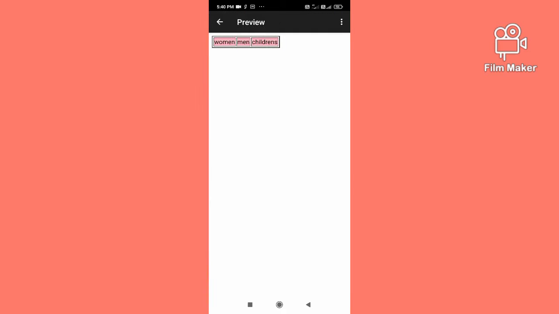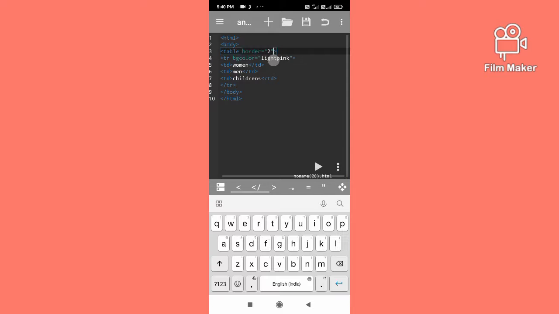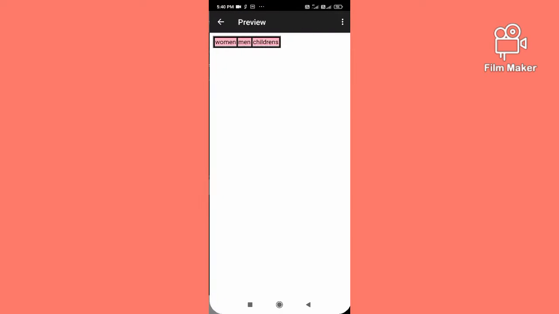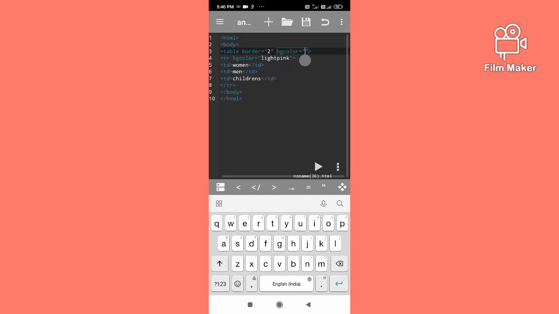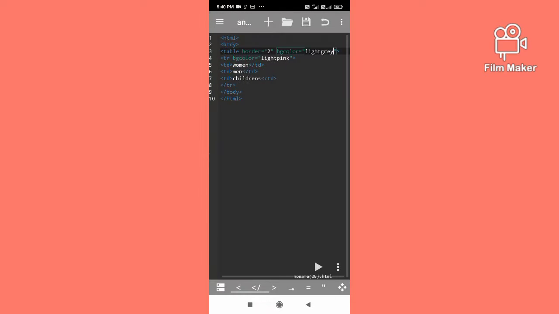Now let's see, it's coming. And border color also I'll give. So its border color is equal to black. हाँ ठीक है, black. Okay, so it's coming. If I want I can write light gray also. See, light gray. Okay, then now I'll write,